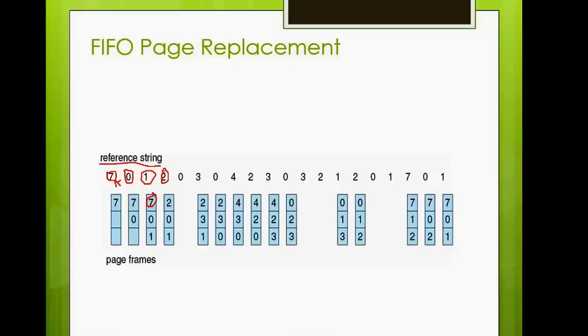Even 2 accounts for the page fault. Now when 0 comes, 0 is already present, so this does not account for a page fault. Now when 3 comes, again 3 is not present, page fault, and 3 has to be put in place of one of these 3 frames. Which frame is the one that needs to be replaced? According to FIFO policy, 0 should go out, so 0 is replaced by 3, so the new frame is 3,